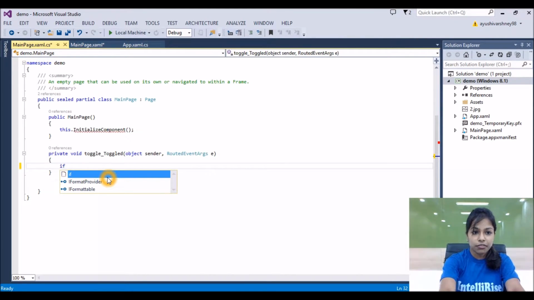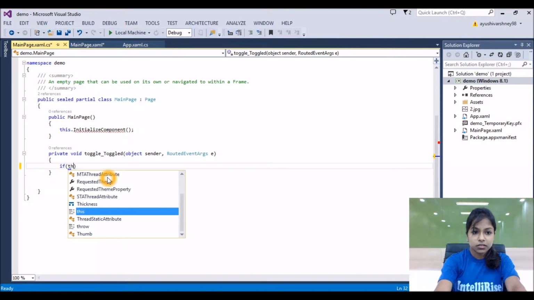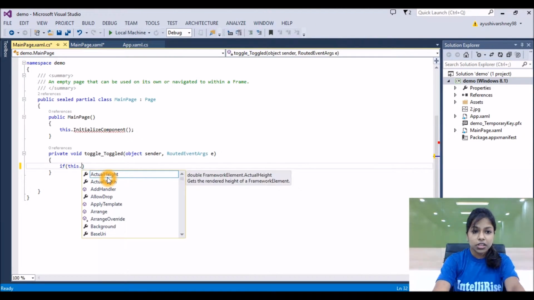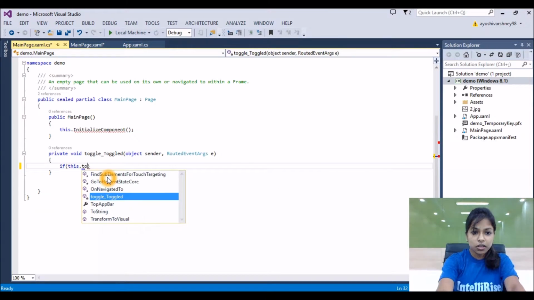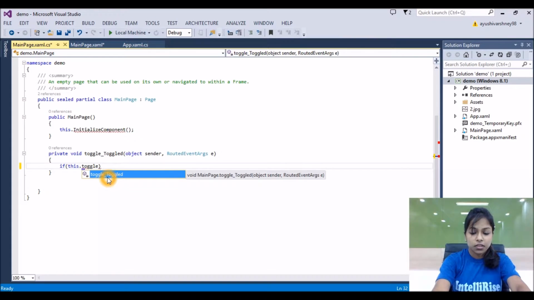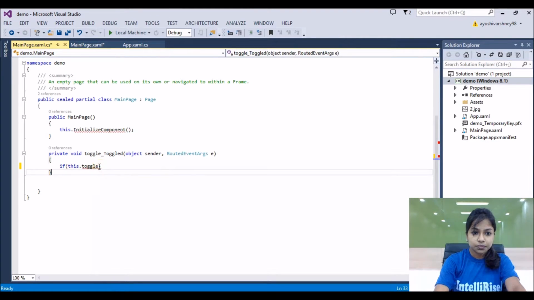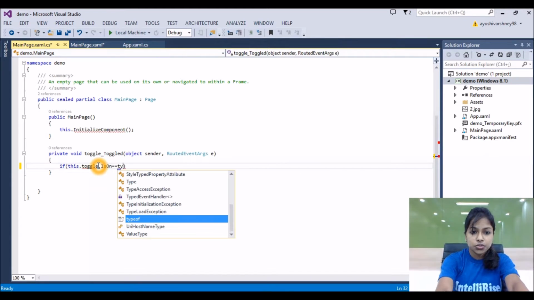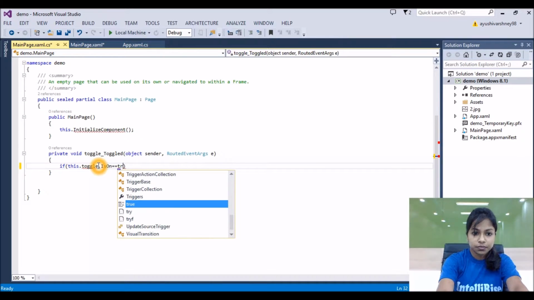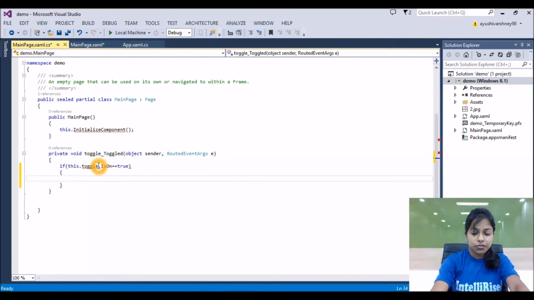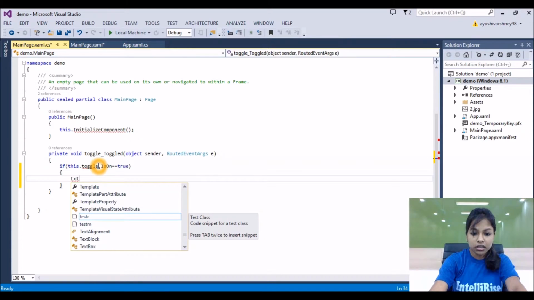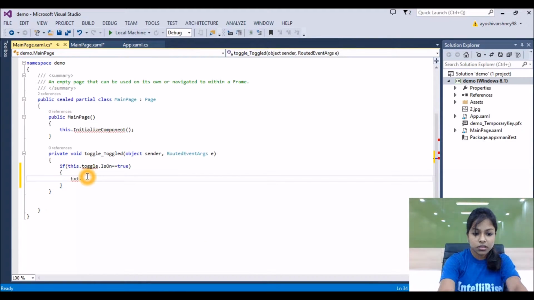So I'll write here if this dot the name of our toggle switch, that is toggle, dot IsOn equals to true, then we want the text block, text dot Text will store, let's say, Wi-Fi is on.